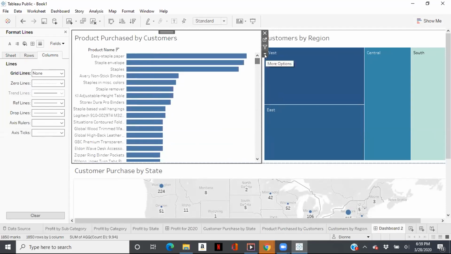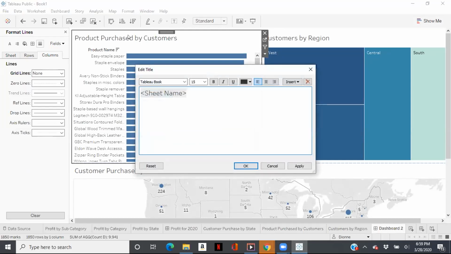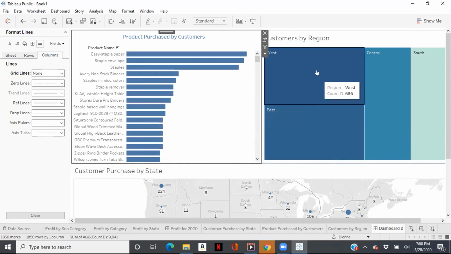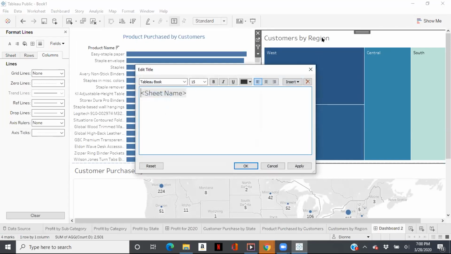So then you can edit the header, Product purchased by customer. You remember how we did it yesterday? Double click it, yeah. Control A, centralize, do all those things. Choose whatever color you want, the color that you want. You can choose your customer's preference anyway. So do the same for the rest of them,